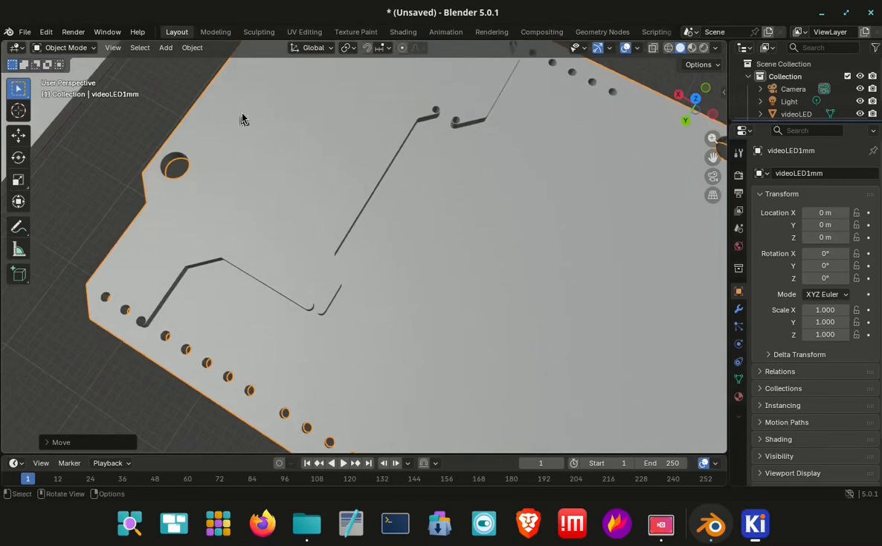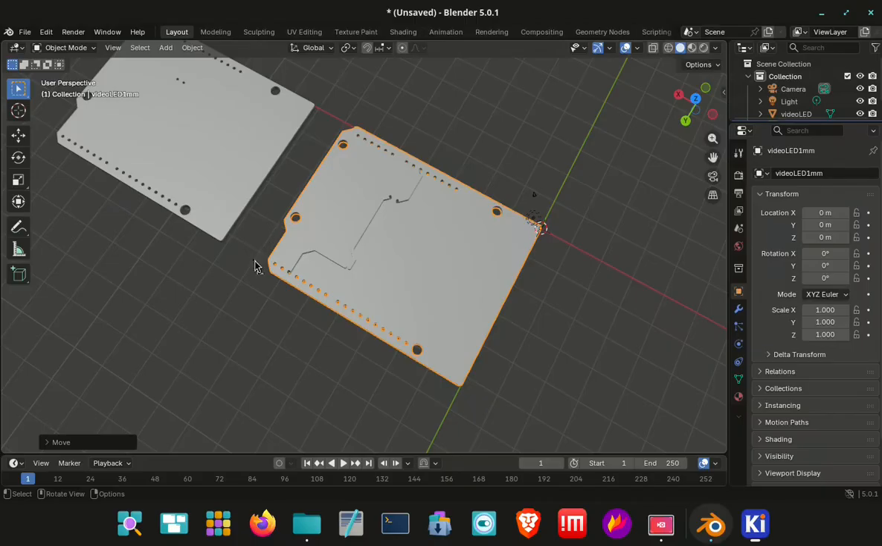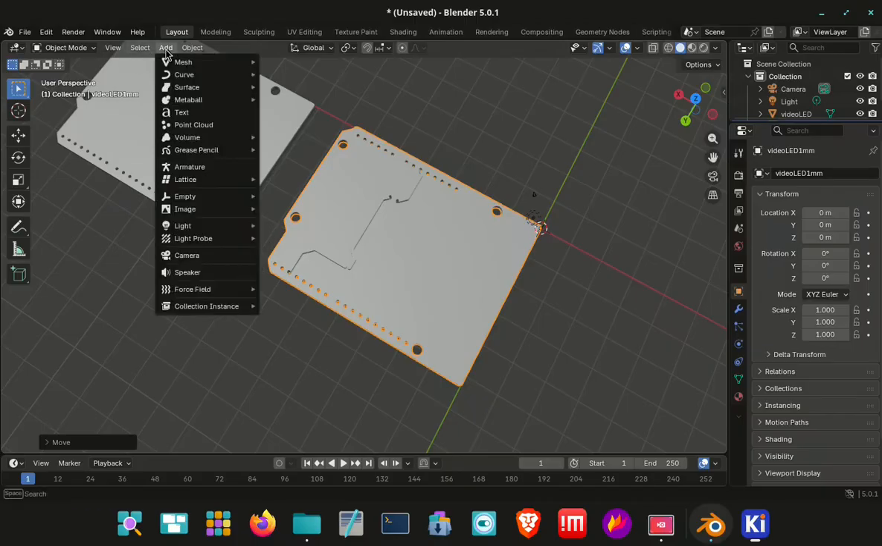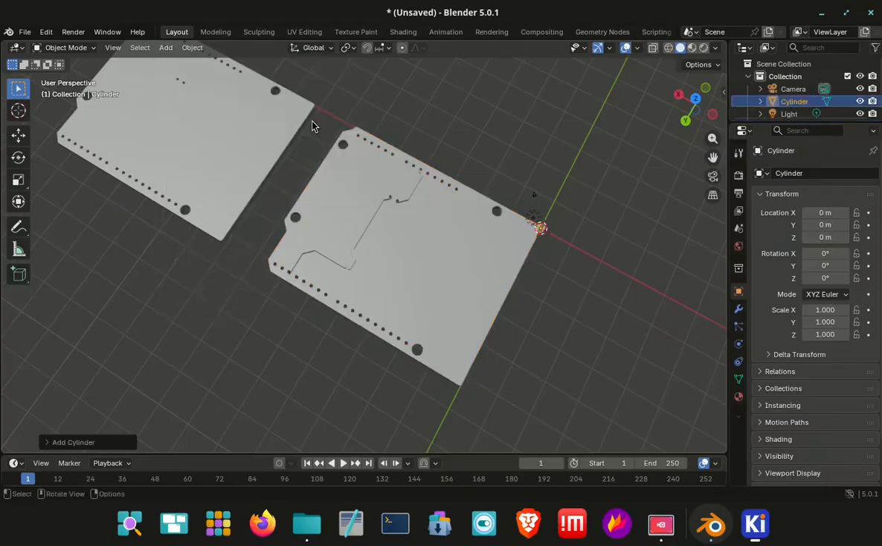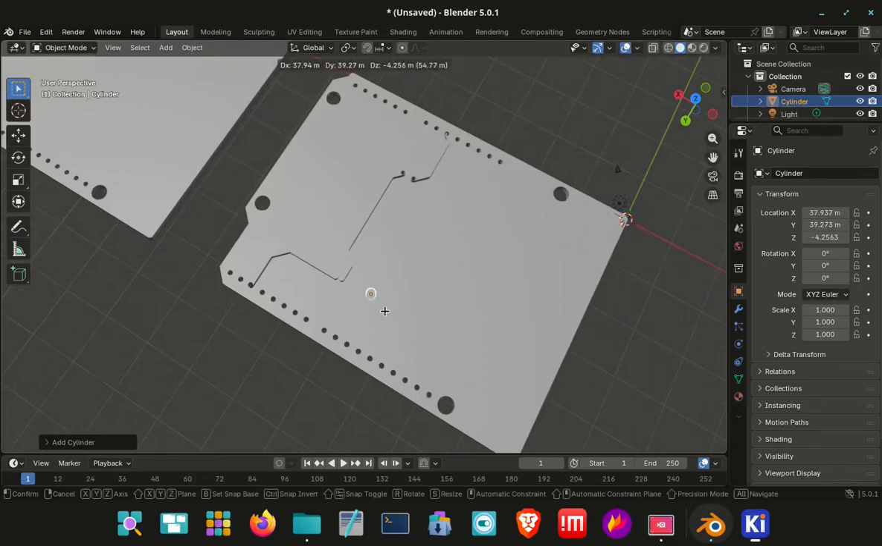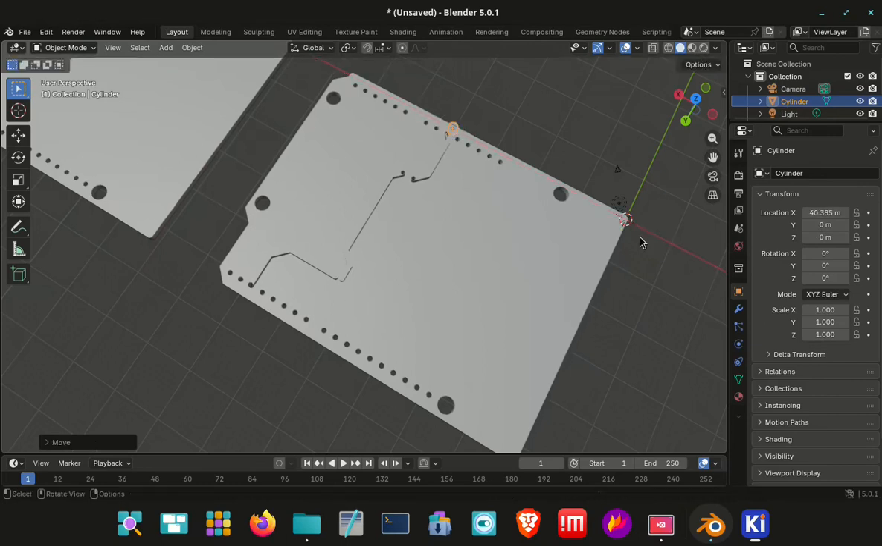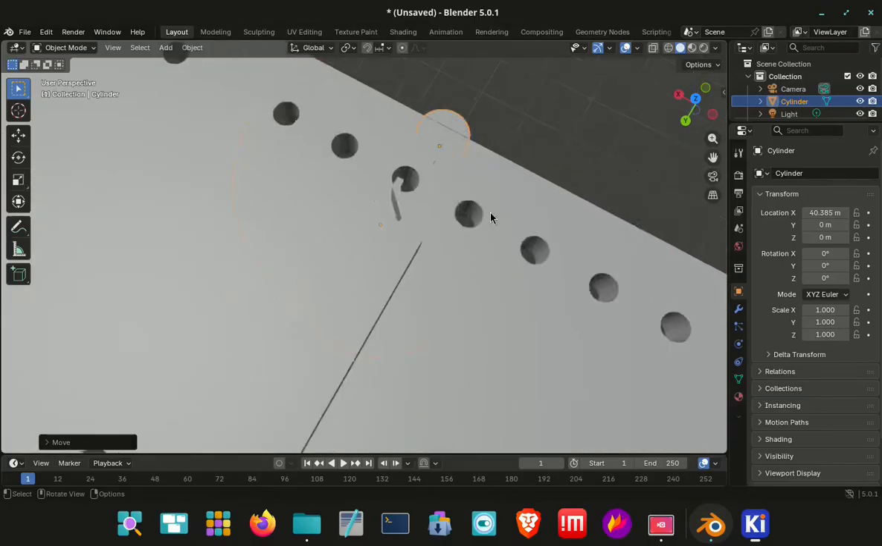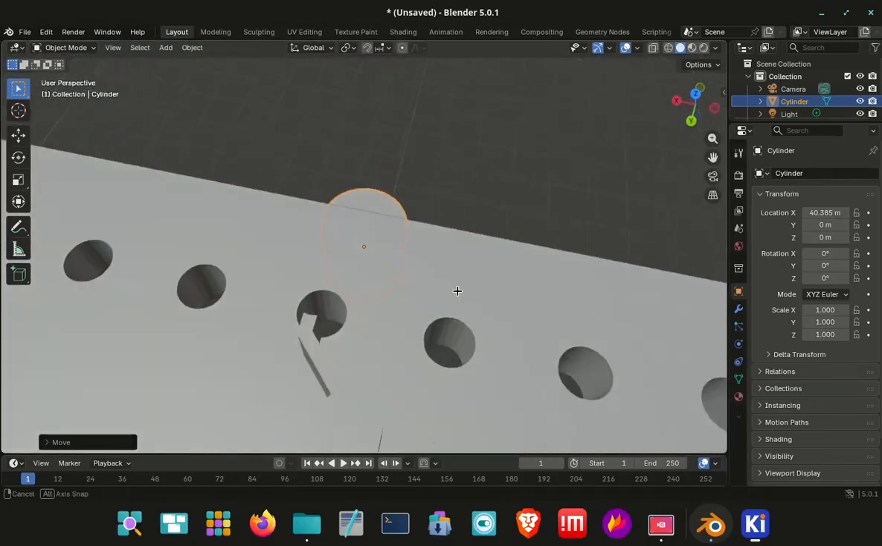So what I do, now everyone has their own techniques, so I go add, mesh, cylinder, and I make my holes 2mm because that's a standard pin, like 1.9mm or something like that. But they push in nicely when you get the tolerance for the 3D printing. I shall grab that cylinder on the X and I will